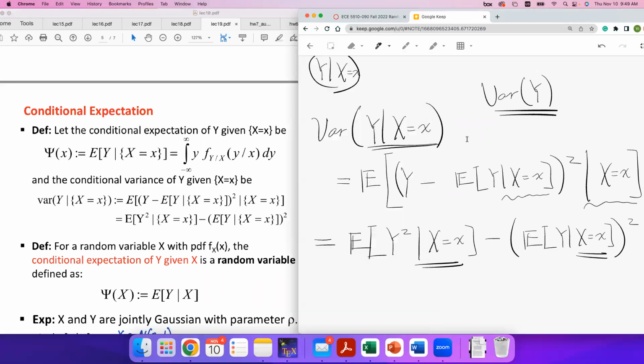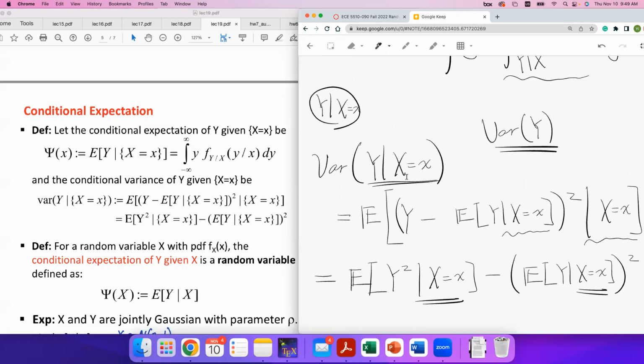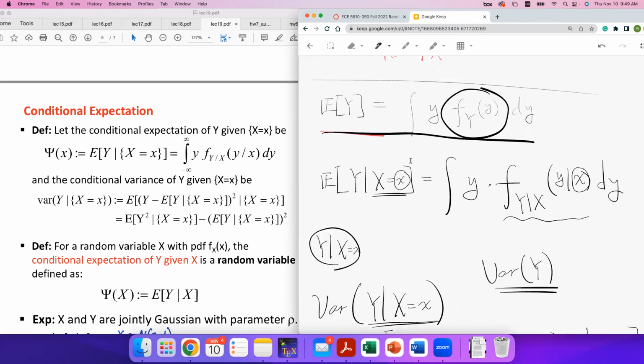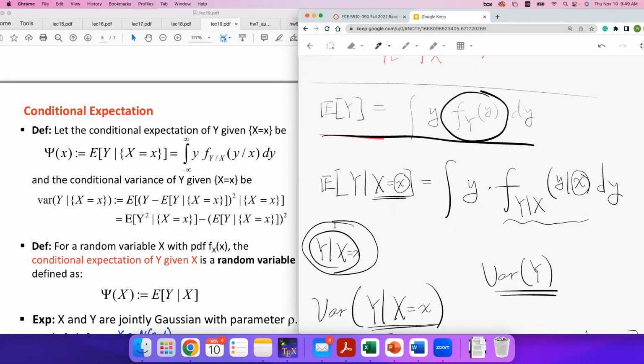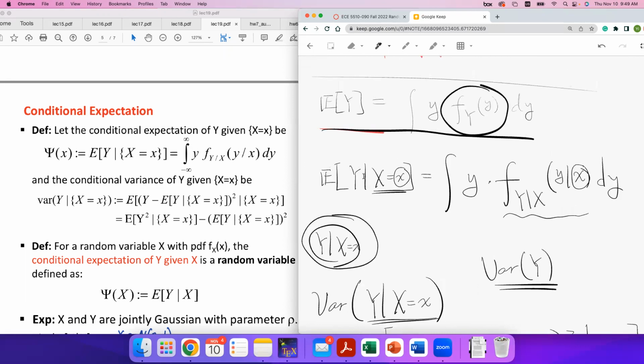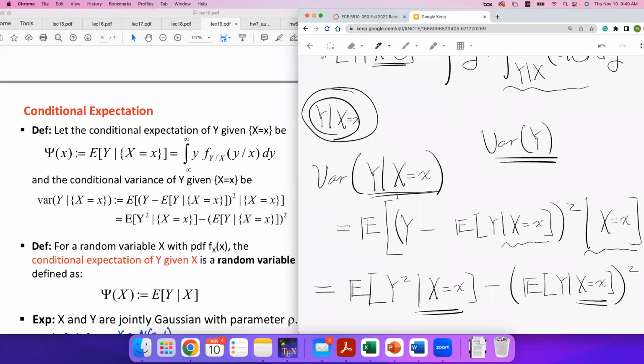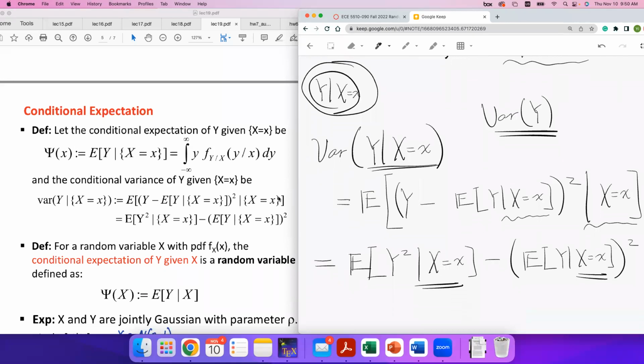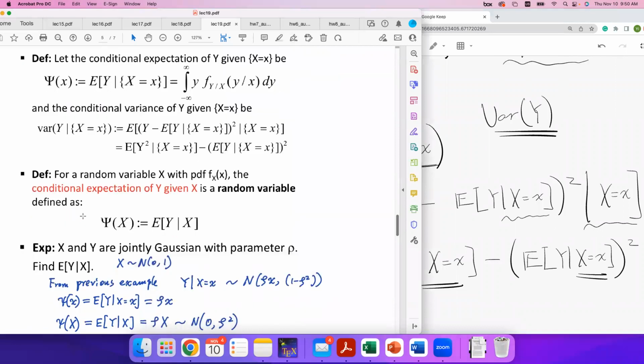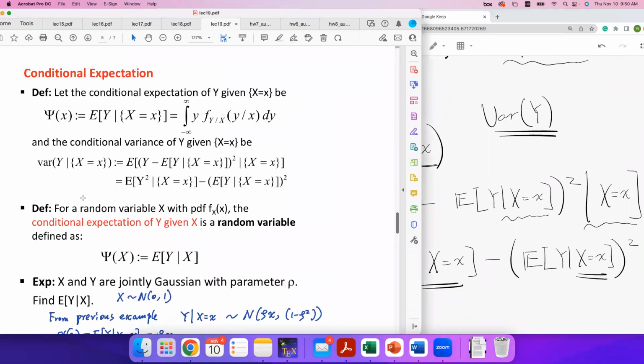So this motivates us to think about whether we can treat this conditional thing as another random variable. Because this can be viewed as a kind of random variable, since we can define its mean, in this case the conditional mean, and its variance, in this case the conditional variance. And this is indeed the case. So we have this very interesting result. For any random variable x with a PDF,